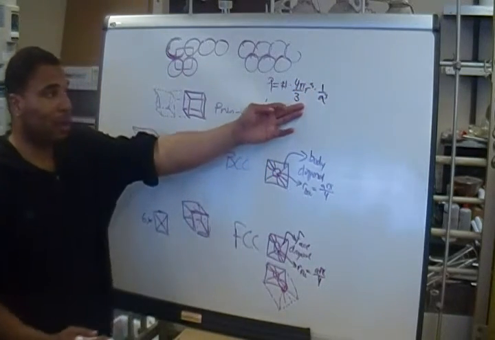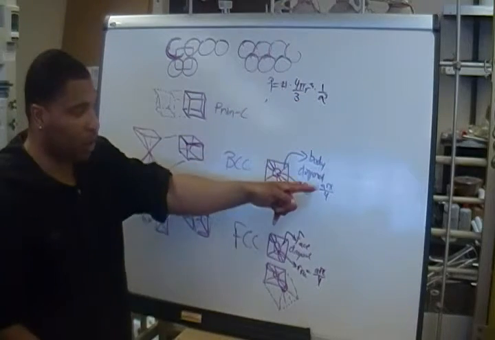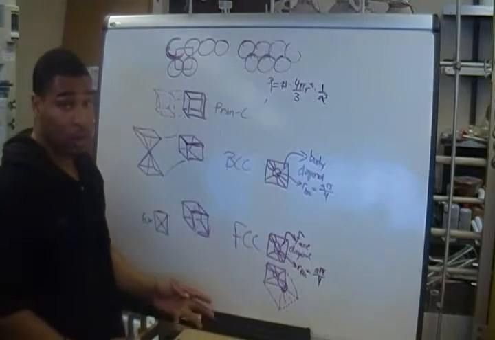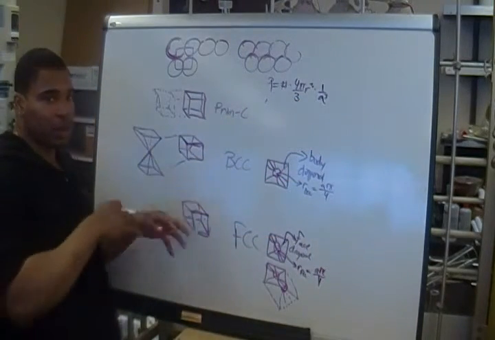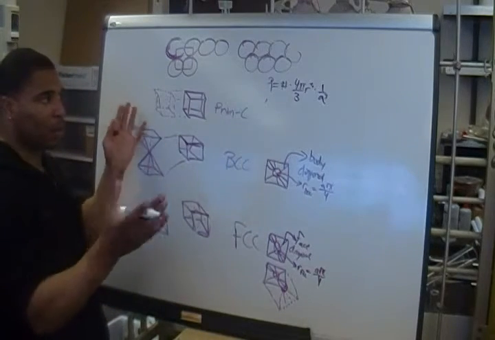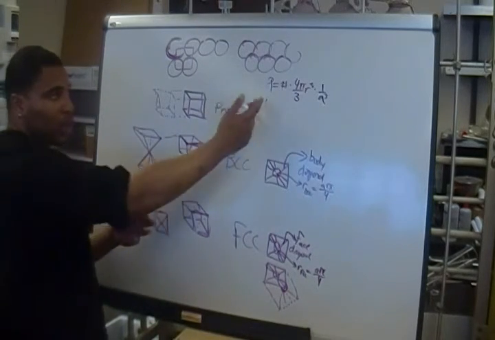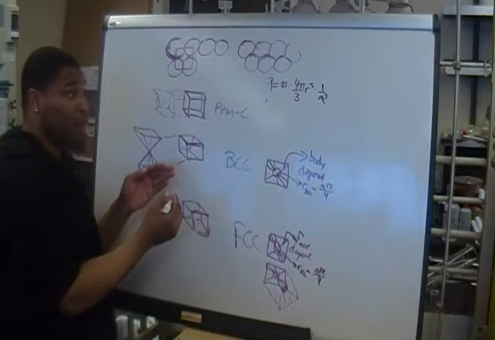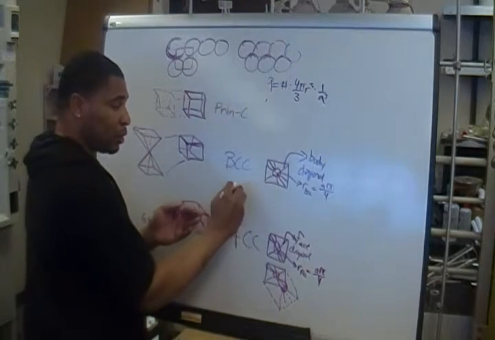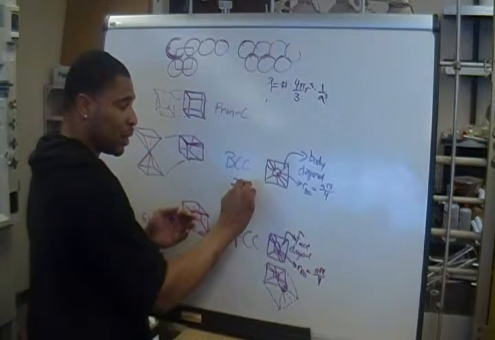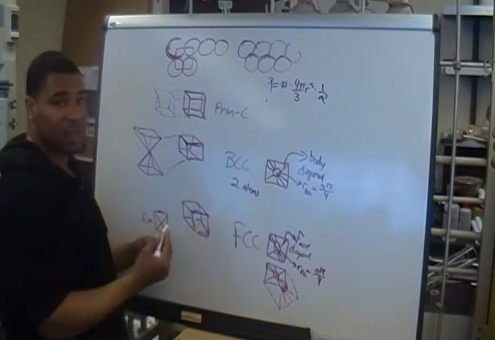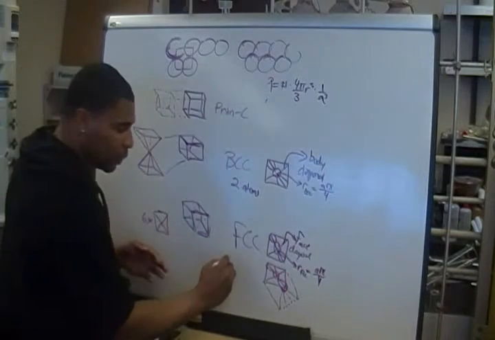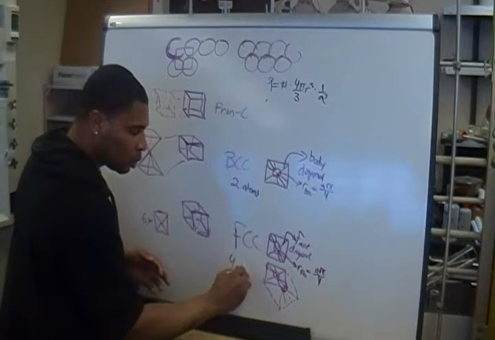Now, this a here is due to the fact that you have a in the radius. And you guys already know the concept behind a, I don't need to really break that down, especially even with the number of atoms in each unit cell. For a BCC structure unit cell, there are 2 atoms, and 4 atoms in